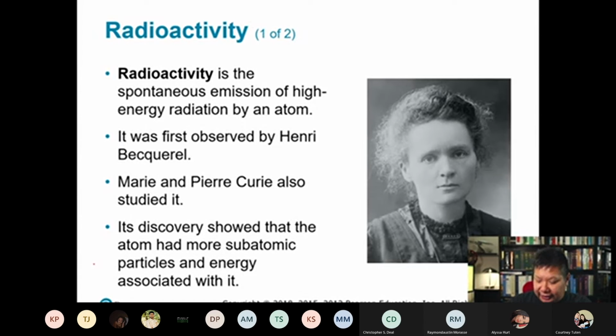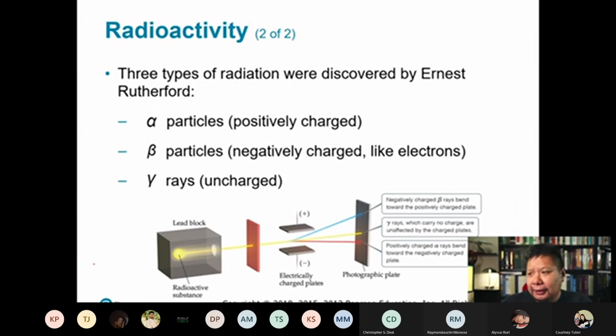So yes, its discovery showed that the atom was more than just subatomic particles. They actually had energy associated with it. Okay. Energy associated with it. All right. So